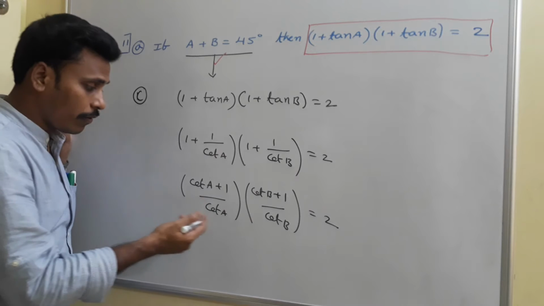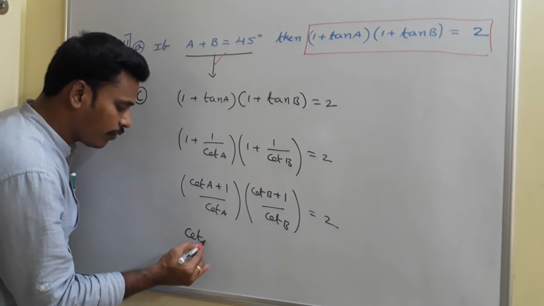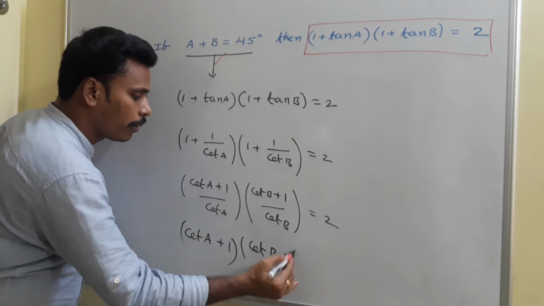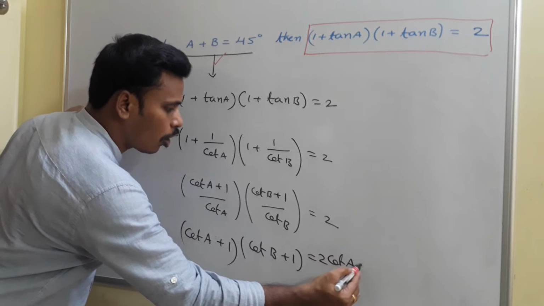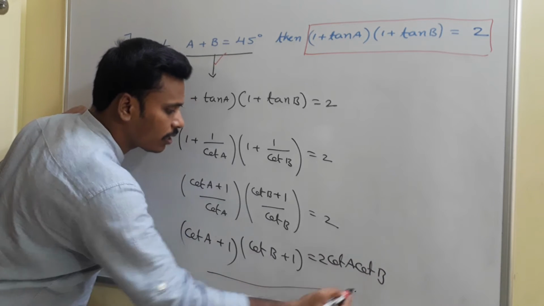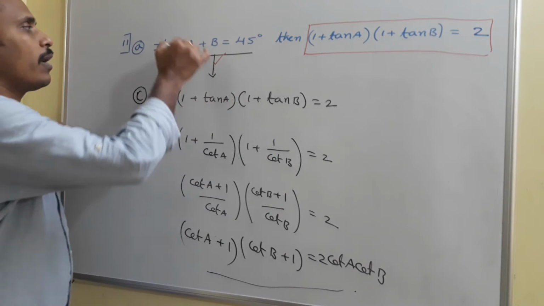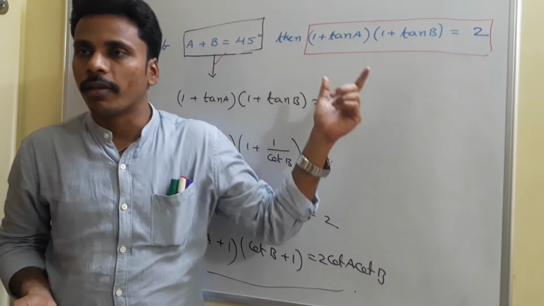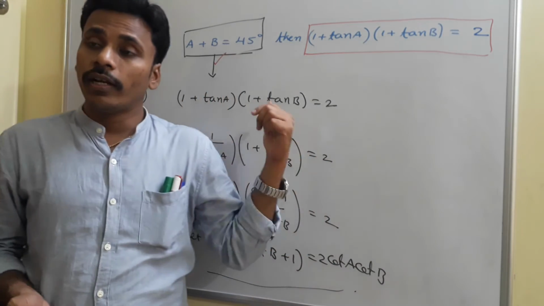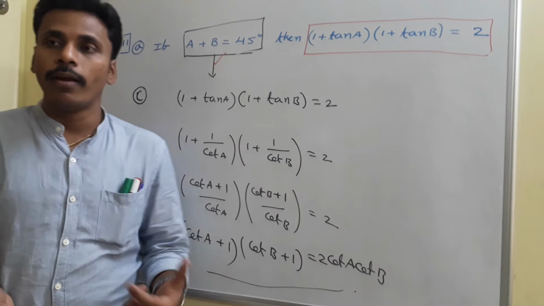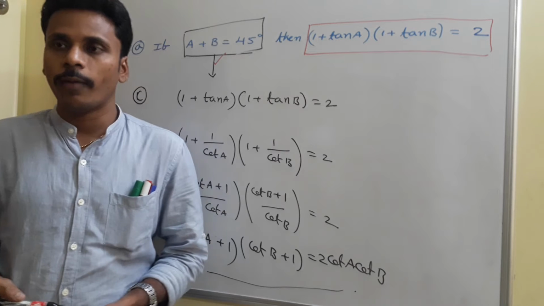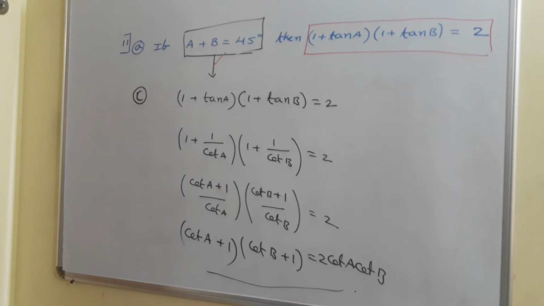Now if you simplify and rewrite it like this, at the end you have cot A plus 1 into cot B plus 1 is equal to 2 cot A cot B. Okay, this is the result at the end in terms of cot. So if A plus B is equal to 45 degrees, we have this particular relation from the tan of A plus B formula. Using that relation, we did a problem in 11B and one more problem in 11C, and everything is possible just with the help of tan of A plus B only. Okay, just have a look and then I will give you the 12th problem.